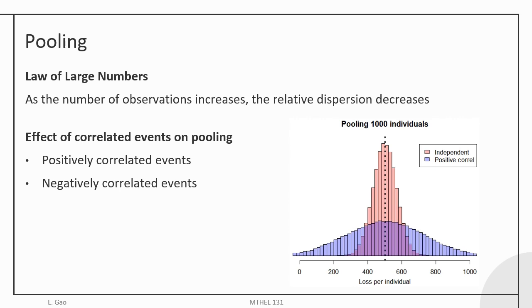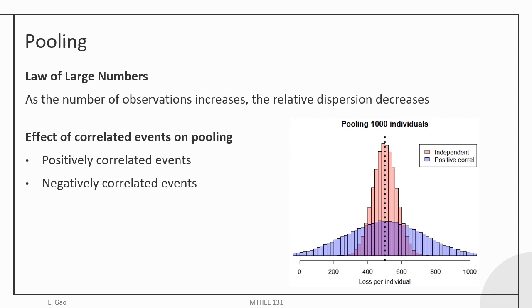Right? And so it's more difficult to achieve more effective pooling when situations are positively correlated. And so from a more sort of risk management perspective, right, we want to be able to work toward achieving independence, relative independence, and find opportunities to pool relatively independent events to manage the risk.